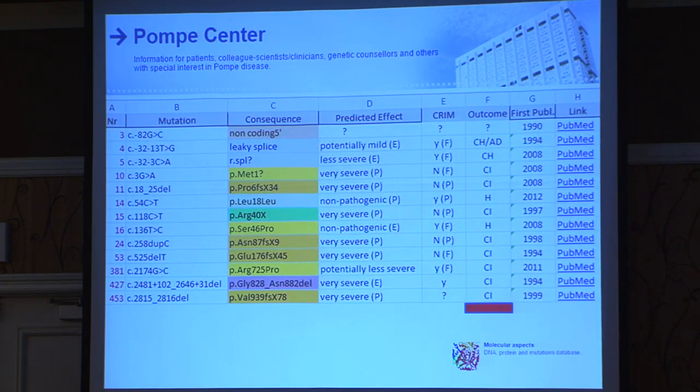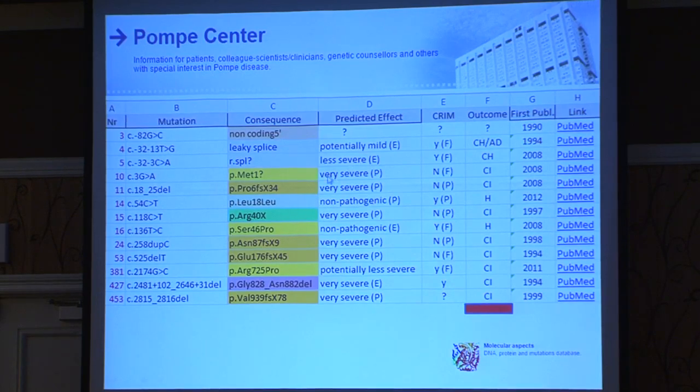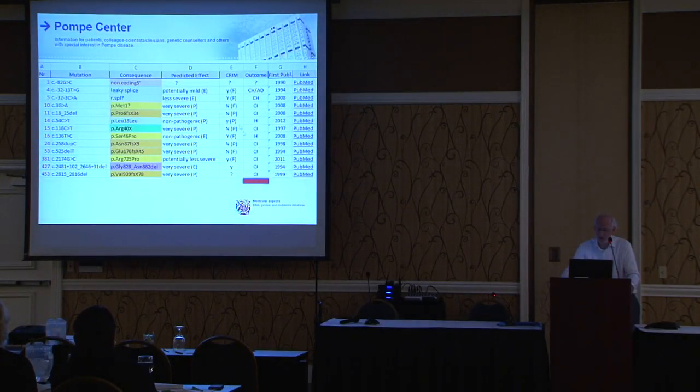So let's look at the outcome. And then here we have made a prediction. For instance, when this mutation is very severe, we predict the outcome to be a classic infantile mutation. If the change is potentially less severe, it could be classic infantile, it could be maybe childhood. I've here listed it as childhood. Here, this for sure is less severe, experimentally investigated, we call it childhood, and this one is adult, but now